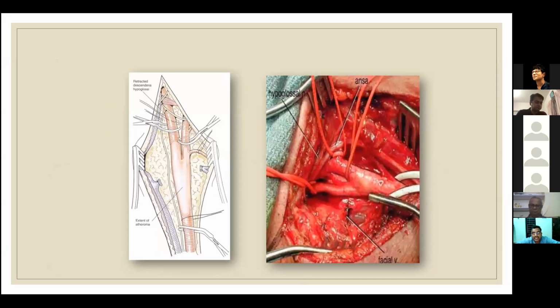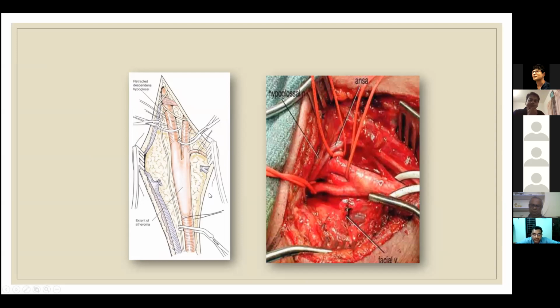I will go through the salient steps of carotid endarterectomy to show why it is superior to carotid artery stenting. This surgery is done under either local or general anesthesia. We expose the carotid along the anterior border of the sternocleidomastoid, and once we expose the carotid sheath, we take control of the common carotid artery, internal carotid artery, and external carotid artery. I want to point out that our dissection is never near the bifurcation area or the proximal ICA where the plaque is. Mostly we are dissecting away from the plaque.